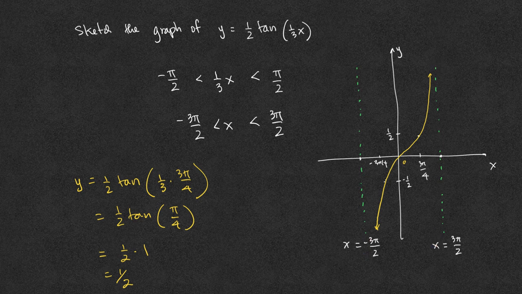And so we can have the same graph all we want, but we need to have the correct labels. The vertical asymptote has to be, in this case, the first one, x equals negative 3 pi over 2, and the second vertical asymptote, x equals 3 pi over 2, and any of these special points